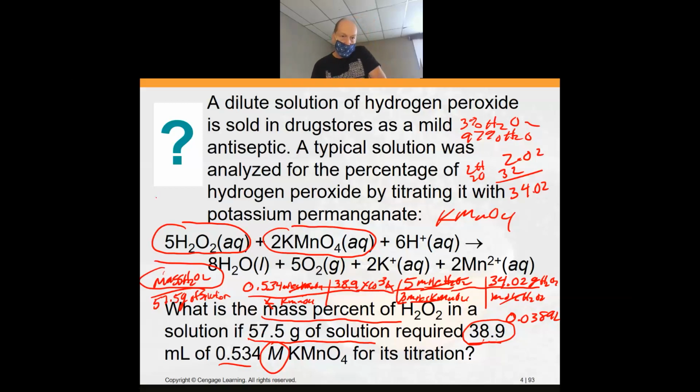So now we're going to take our 1.77 grams of H2O2